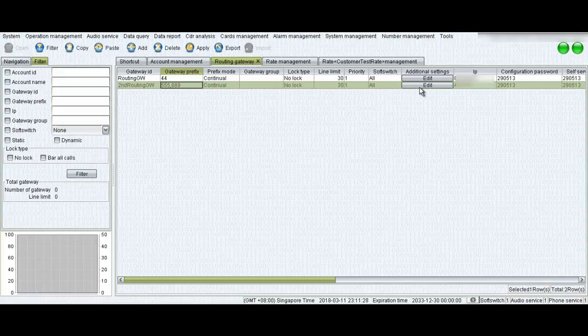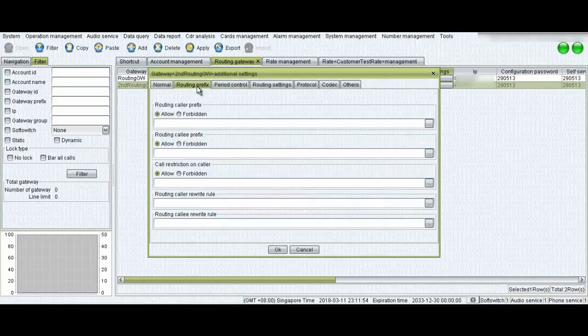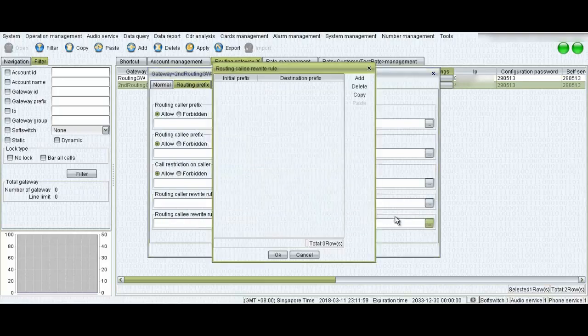Now for example, your customers are sending calls using prefix 555 and 889, but your routing gateway, your vendor wants you to send calls on UK landline with different prefix. What you will do is you will click on edit, you will go to routing prefix. Here you can add those rules. For example, I'll click this small button, I'll click add.